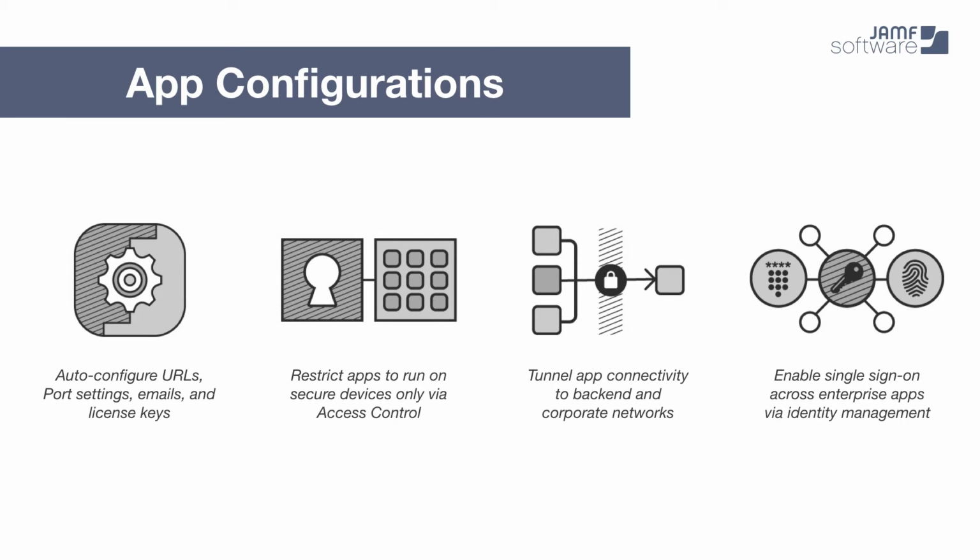Next, we're going to load in some pre-configurations here. App configurations are great because you can do things like auto-configure the URLs or any sort of license keys that need to be on there. You can restrict them from running on non-secure devices. You can tunnel the connectivity through VPN of the app, and you can also enable single sign-on in all of